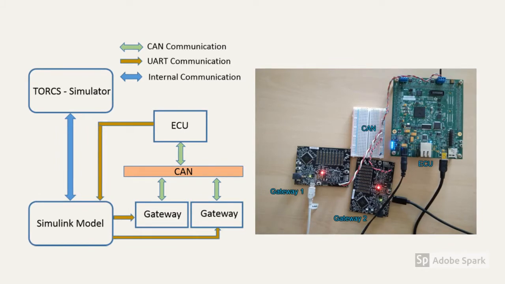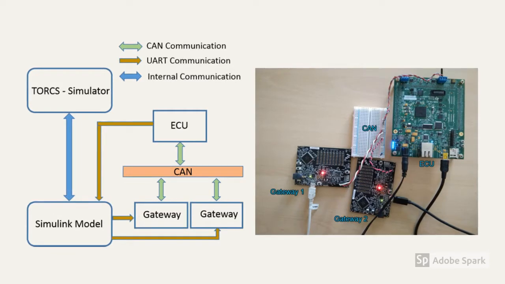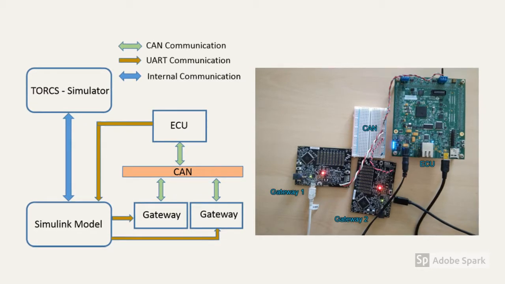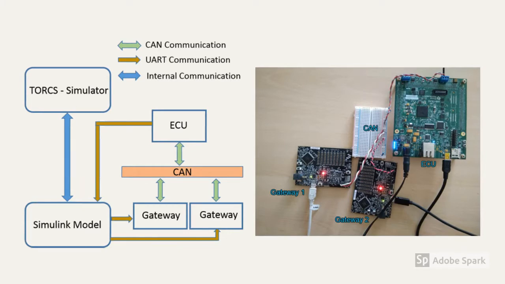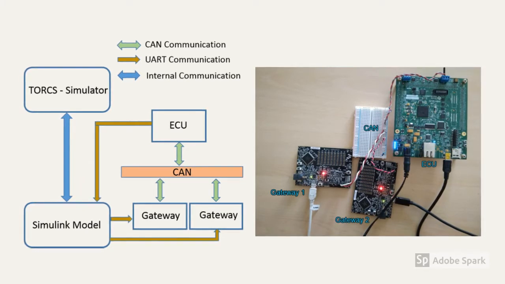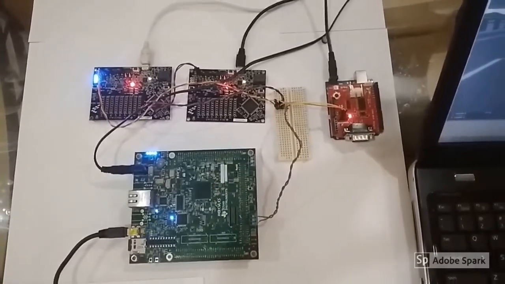ECU, which is an electronic control unit, runs control algorithms of safety critical functionalities such as adaptive cruise control, collision avoidance, and steering control. These algorithms are implemented as a set of tasks which are scheduled with FreeRTOS scheduler. We use fixed priority scheduling for this. Output of these control algorithms are sent to a Simulink model, which then sends them to the TORCS for controlling the vehicle. So this is the architecture of the test bed.